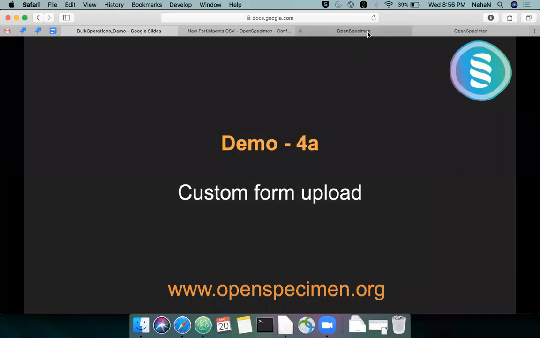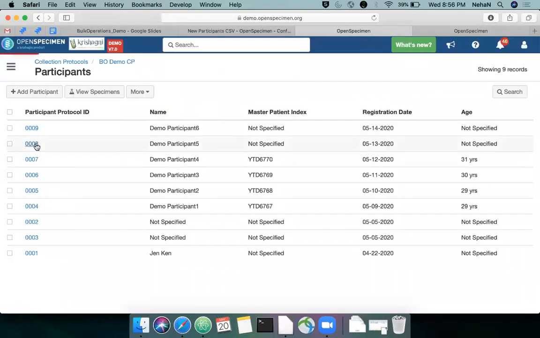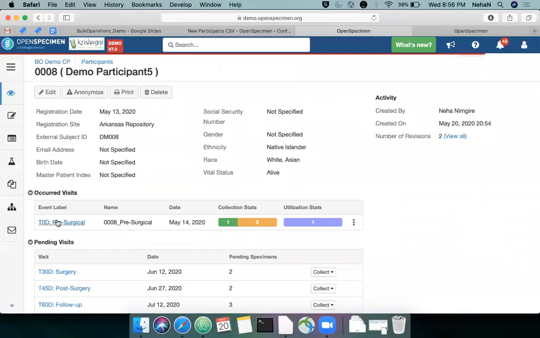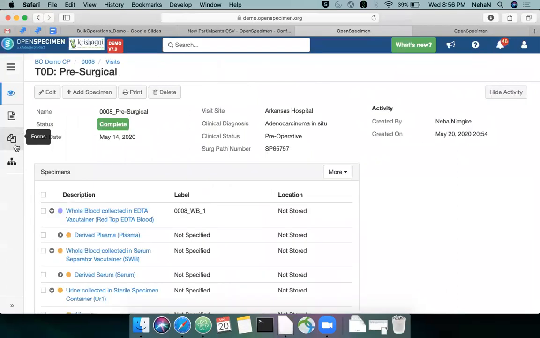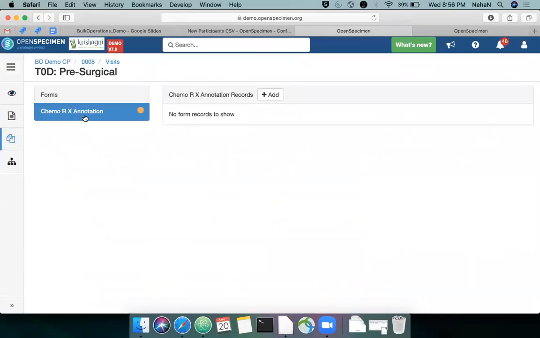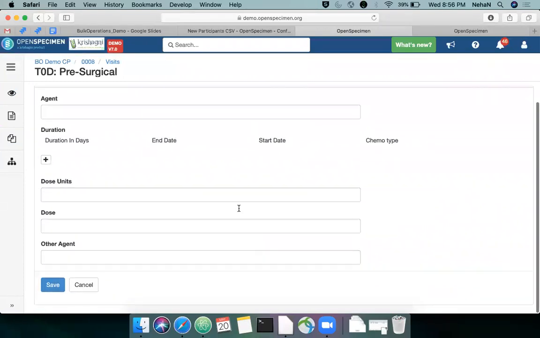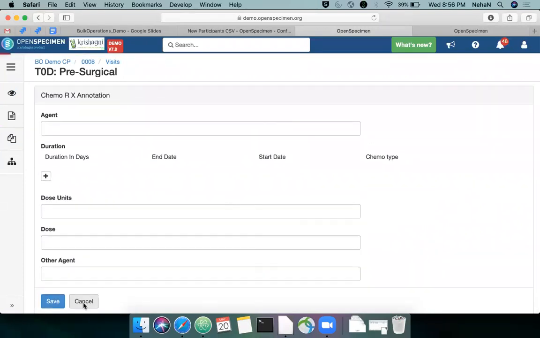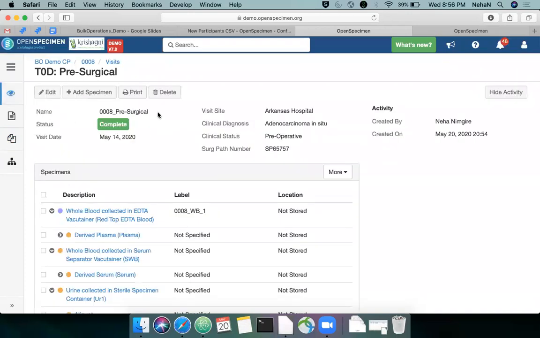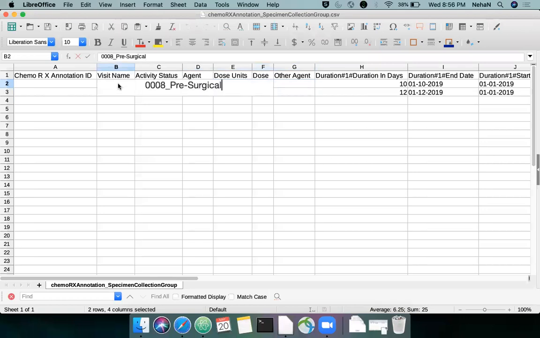So if you go to open specimen and view any visit, okay, here is the forms tab, and this is the chemo Rx annotation, and this is the form for which I want to import data. So now what I'll do is I'll just copy paste these visit names.